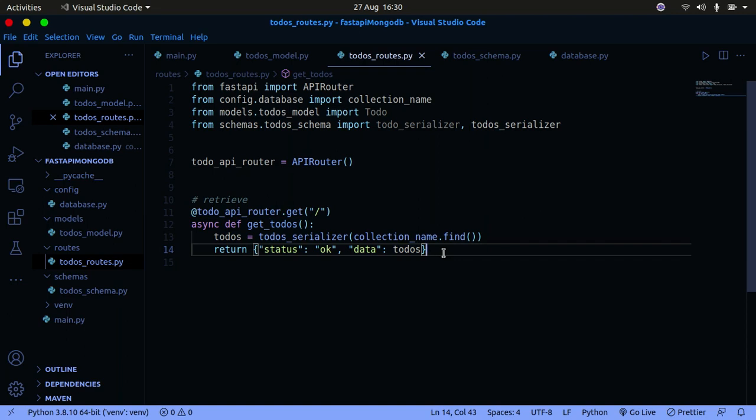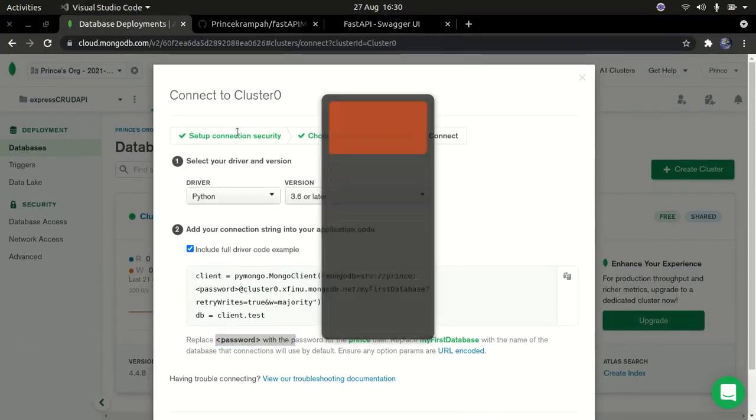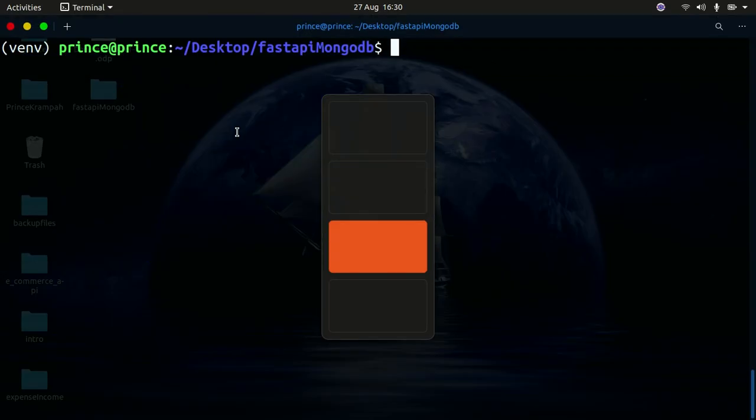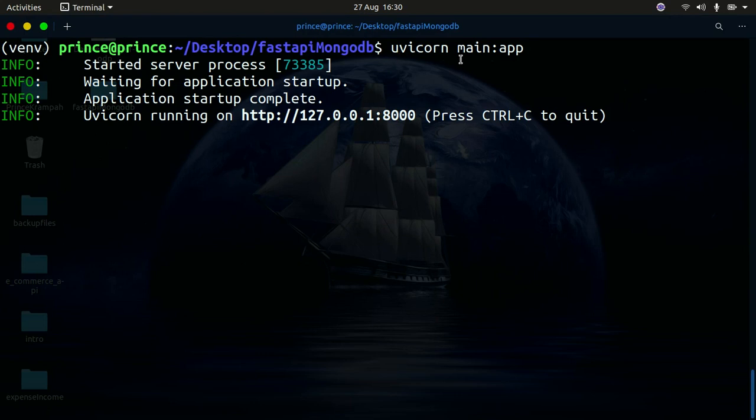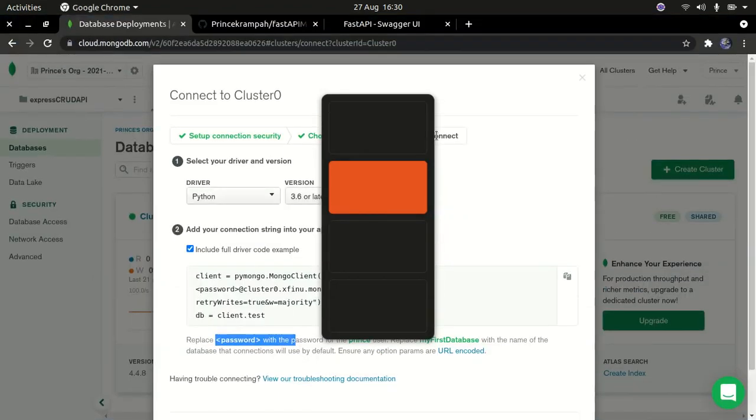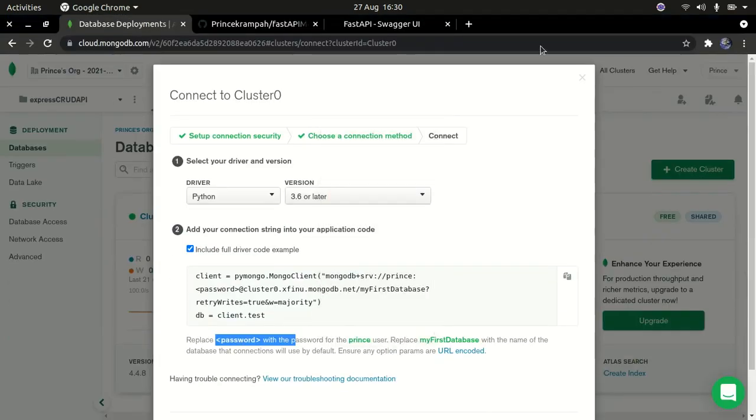Okay, so I'm going to go ahead and actually save that. So now that I have that saved, let me go ahead and show you something. I'm just going to go to my terminal and run my app again, uvicorn main:app. Okay, so now that I have that running, I'm going to go back to my browser